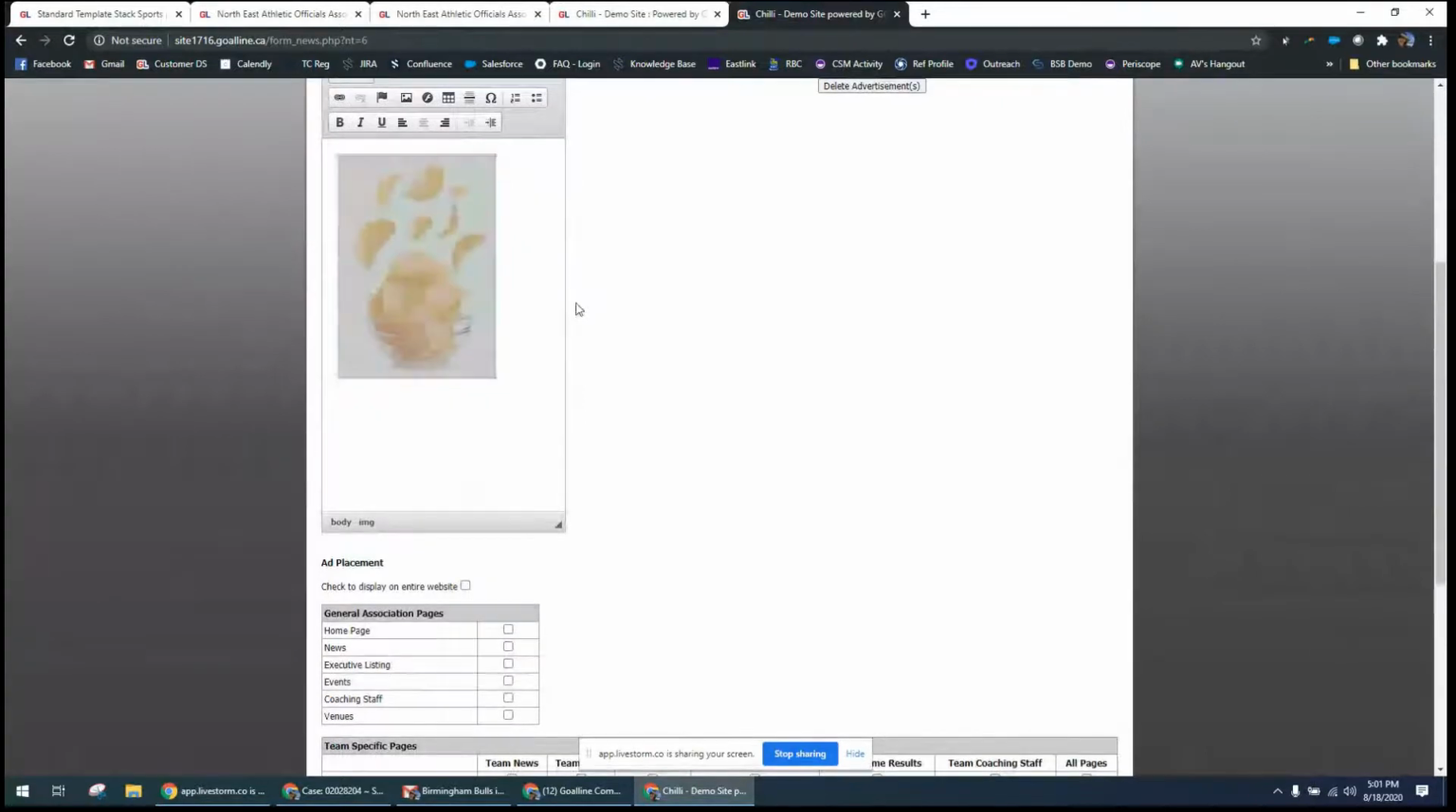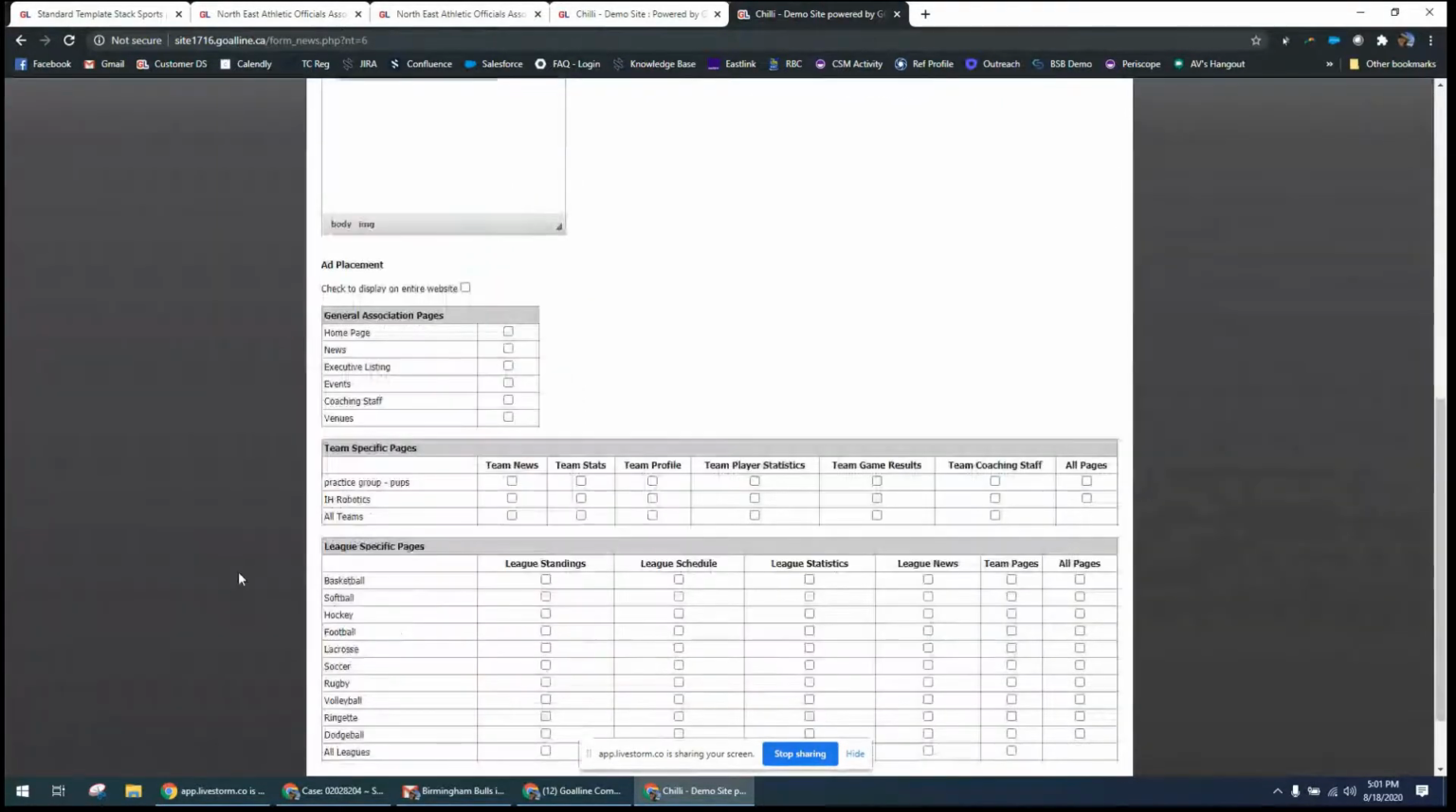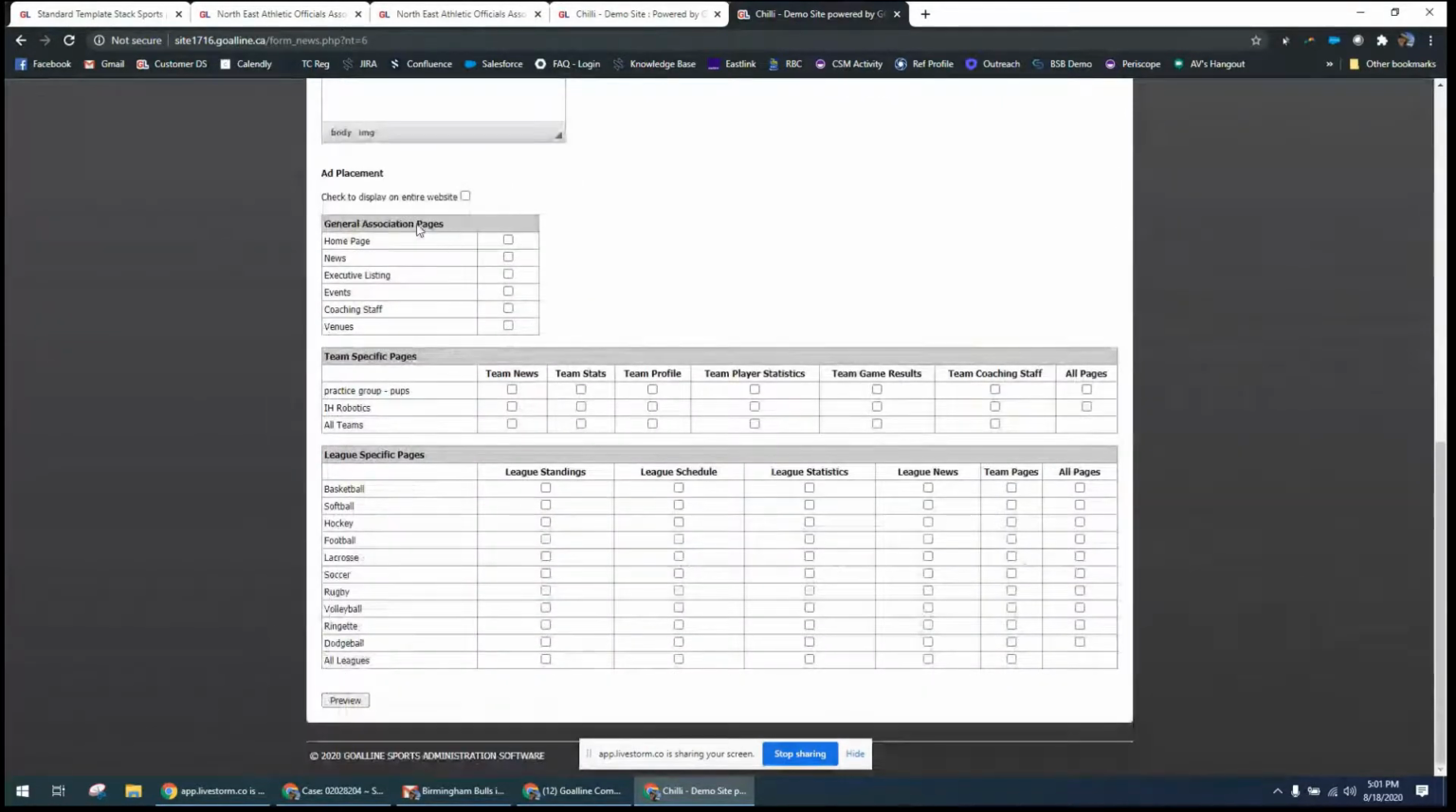Once you've created your ad, then you go and decide where do you want it placed. And you'll see that you've got some team-specific and league-specific options. Now, obviously, if you only have leagues or teams, you won't have both of these choices, but you'll always have general as well as either team or league-specific. If I want it to be placed on just my homepage, I can do that. Or if I want it to be placed anywhere and everywhere, I can say that I want it to display